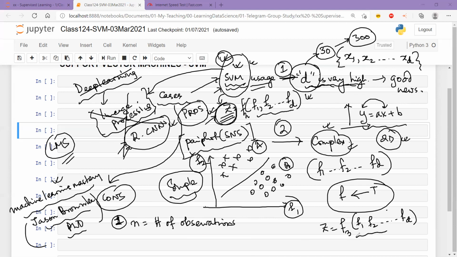Because this is a kind of linear representation, D being equal to 300 is still okay. But imagine if I have N equal to 1 million. If the number of rows in my data is 1 million, then this is a problem, because for each and every row, for each and every feature, I'll have to make the calculation. That is the reason why, if the number of observations is within acceptable limits, let's say 70,000, that is very small data. These days, 70,000 is nothing, right?